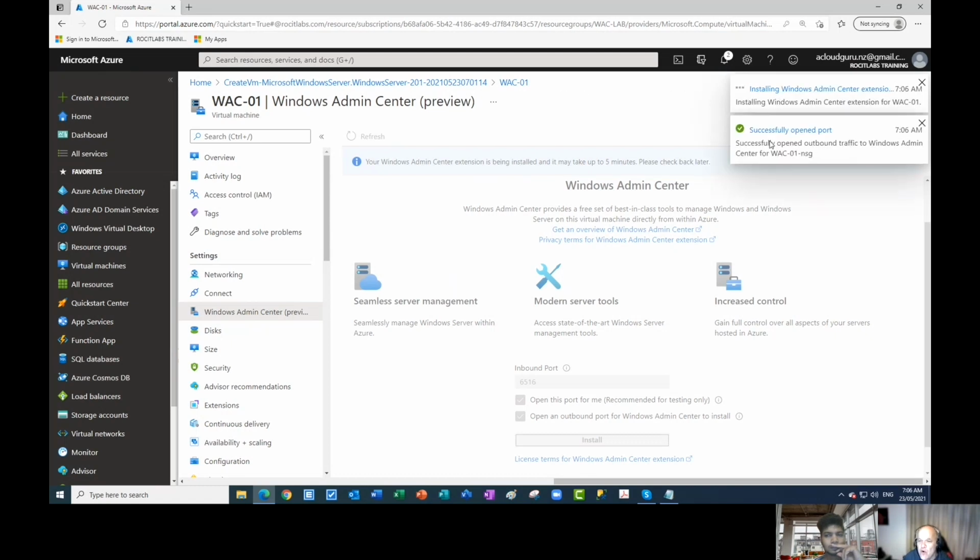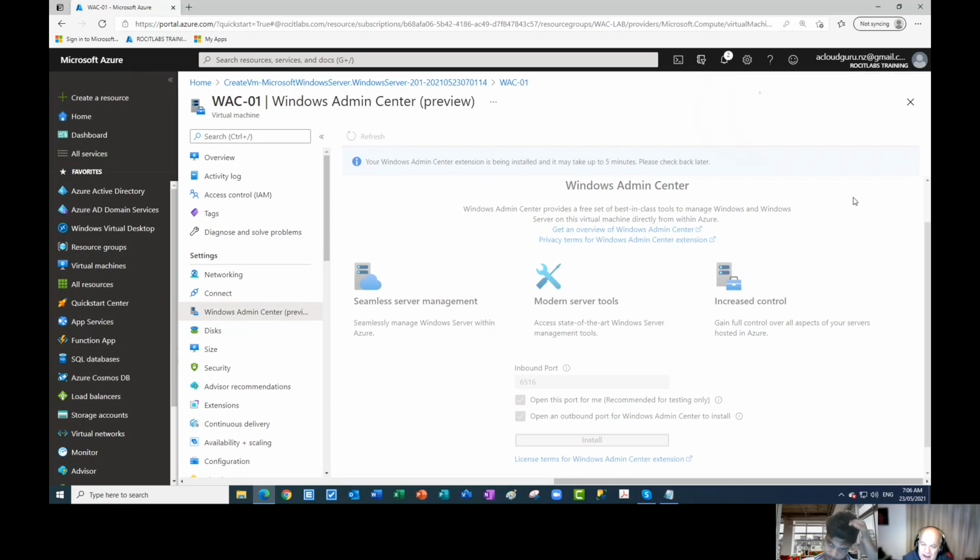And then, of course, once that's happened, it's going to install the Azure Admin Center extension. That uses a remote PowerShell over WinRM to deliver that package. So we'll just wait for a second for it to deliver. This can be anywhere from, I would say, 2 minutes to 5 minutes. So it's one of these things where we've just got to hurry up and wait for it to deploy. But once it's